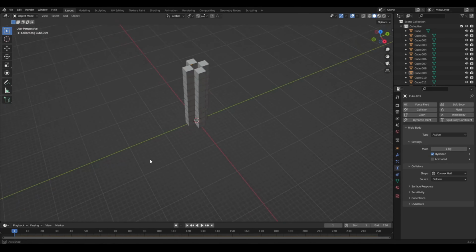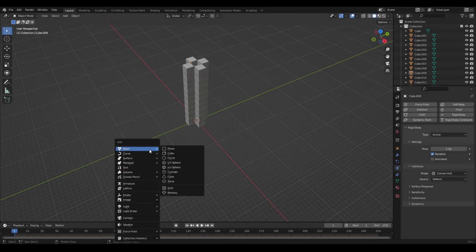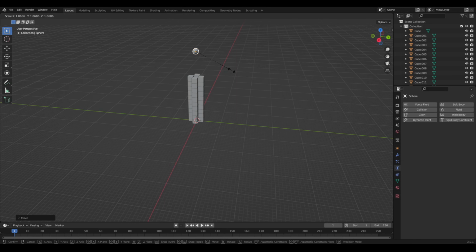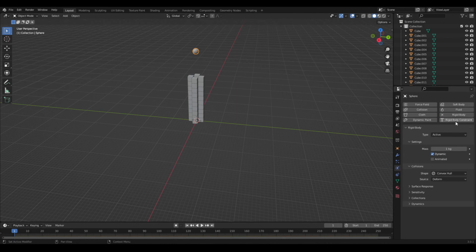Alright, so now that we have this tower, it's time to add our ball. So click Shift A to add a mesh, and click UV sphere. Then bring it up with G and Z. You might want to zoom out a little bit, but now we're going to scale it up just a little bit and make it a rigid body as well. So let's make sure we're in our Physics tab, go to Rigid Body, and set the mass to something around